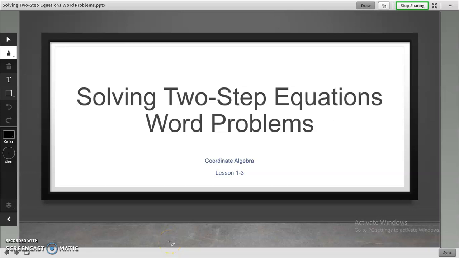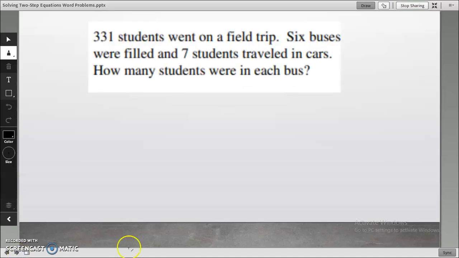Okay, today we'll be looking at solving two-step equation word problems. So let's just jump right in. These are some examples. We have